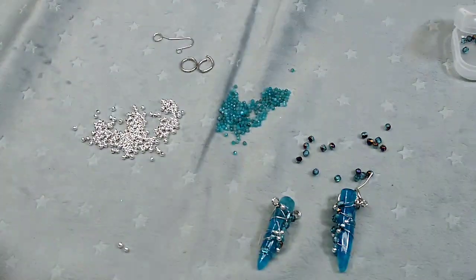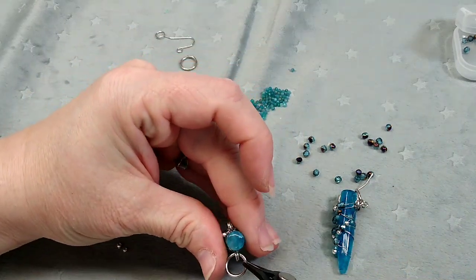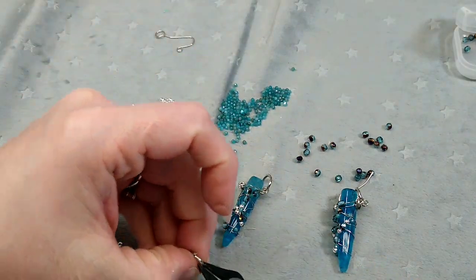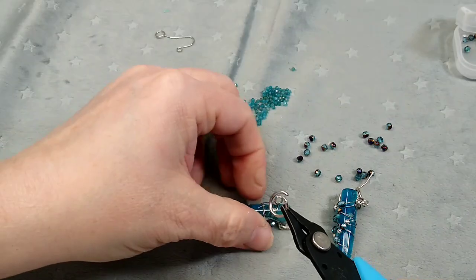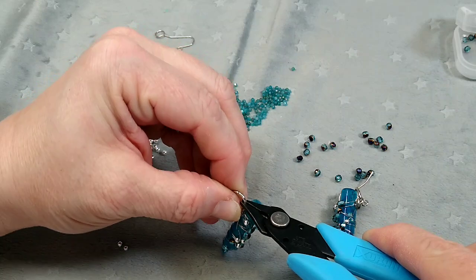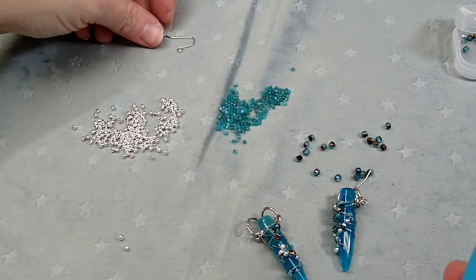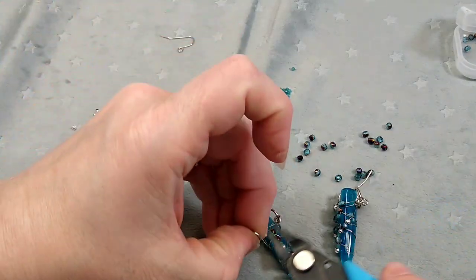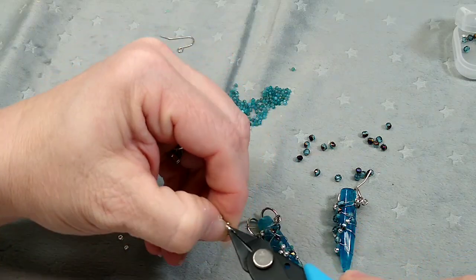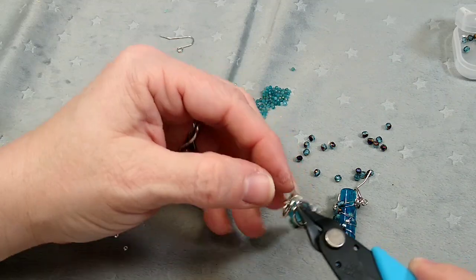So now I'm just going to take my big jump rings, and I'm going to put one on each side. Now you can use smaller jump rings than these even. I'm just using these big ones because that's what I have, and they work well for this, but you can use smaller ones. I had some smaller ones that I was going to try to use, but they did not work well. They were too small. So, and then I'm going to take my little 6mm jump ring, okay, and I'm just going to catch these two like this with it,